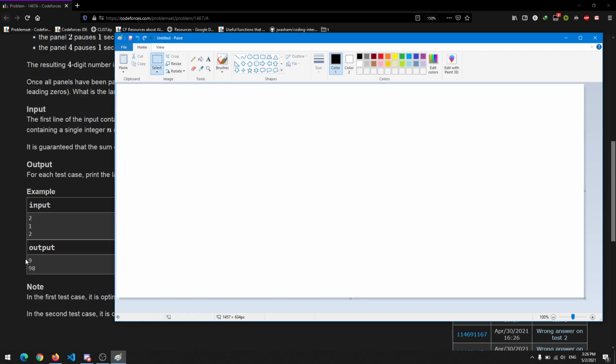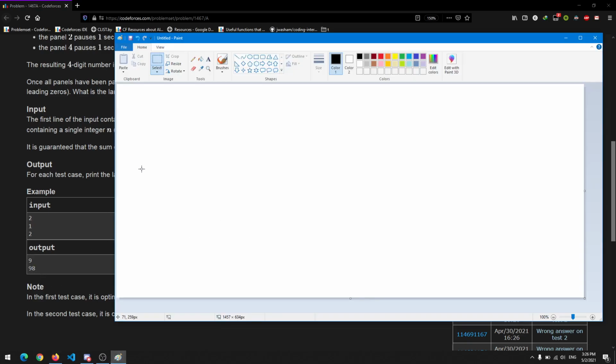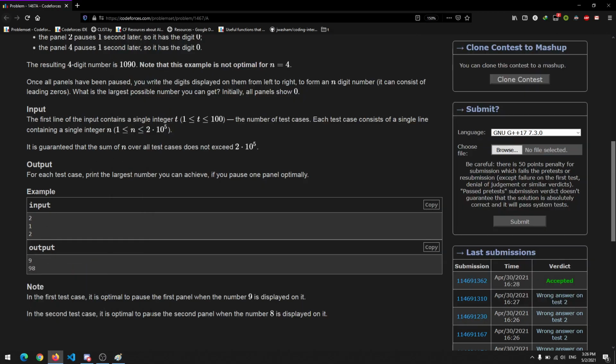Also, these test cases were intended to fully, as I said, 9 and 1 is 9, 2 is 98, so you'll be compelled to write something like that. I don't know if it was intended or just a coincidence, but that's not good.